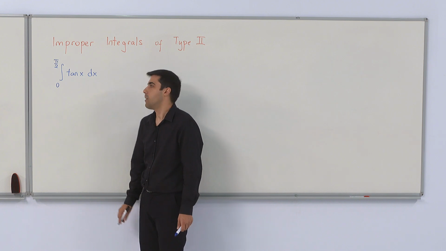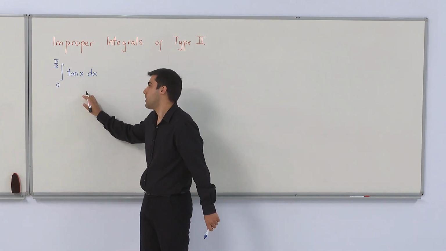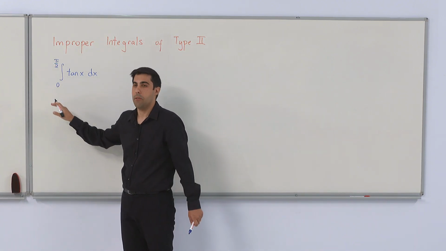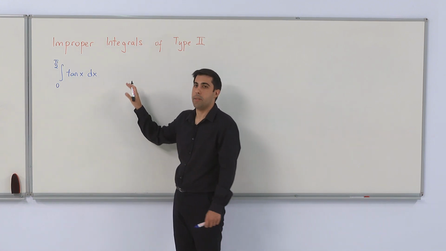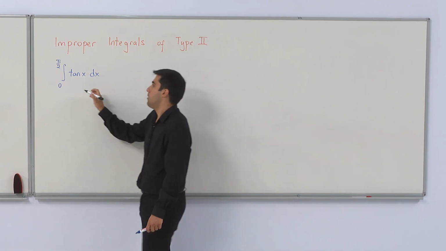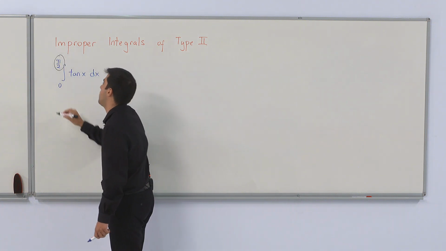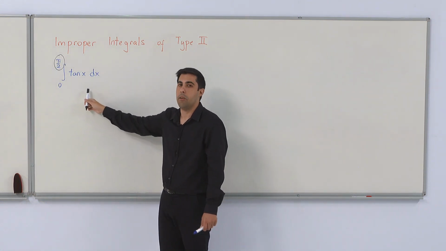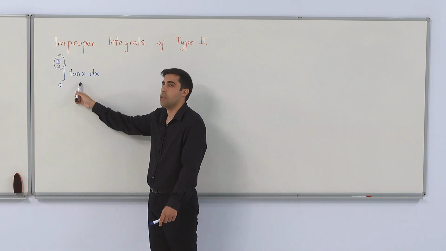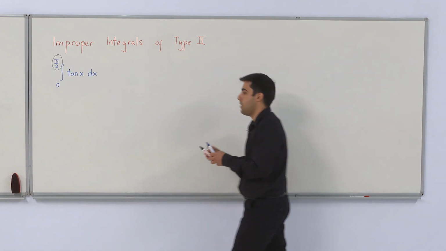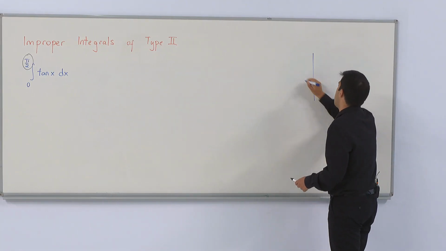Our second example is the integral of tangent of x from 0 to pi over 2. This is again an improper integral of type 2 due to this pi over 2 over here, because we know that tangent pi over 2 is not defined and actually goes to infinity. Let's see this. If we want to sketch tangent